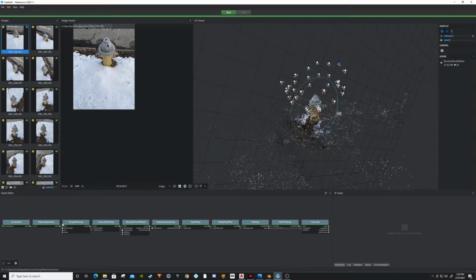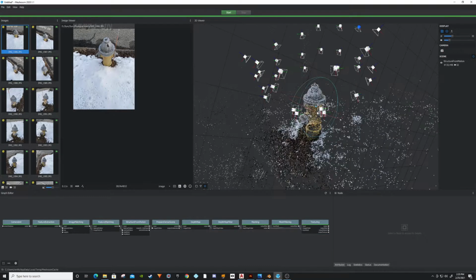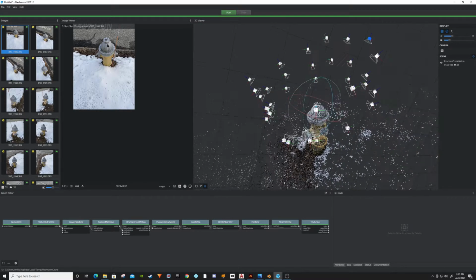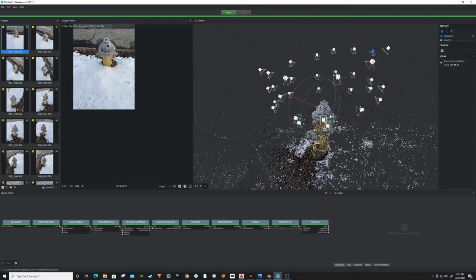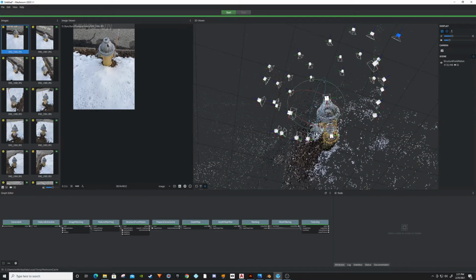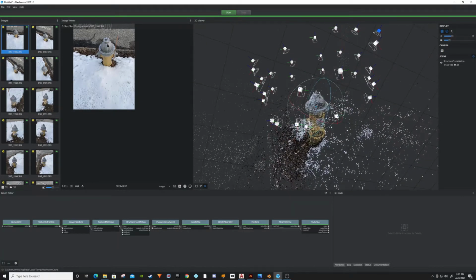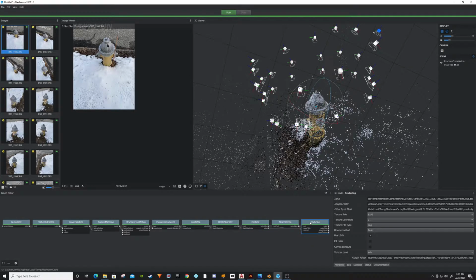But eventually, after all of these steps have been completed, you're going to not only get a point cloud of where different texture information is being sort of pinpointed, you're also going to get a mapping of where each photo was taken around this object, showing the exact angle, etc. And then at the very end, you will get the meshing and the texturing of the object, and that's where it gets really fun. So if I double click on texturing here, give it a second,